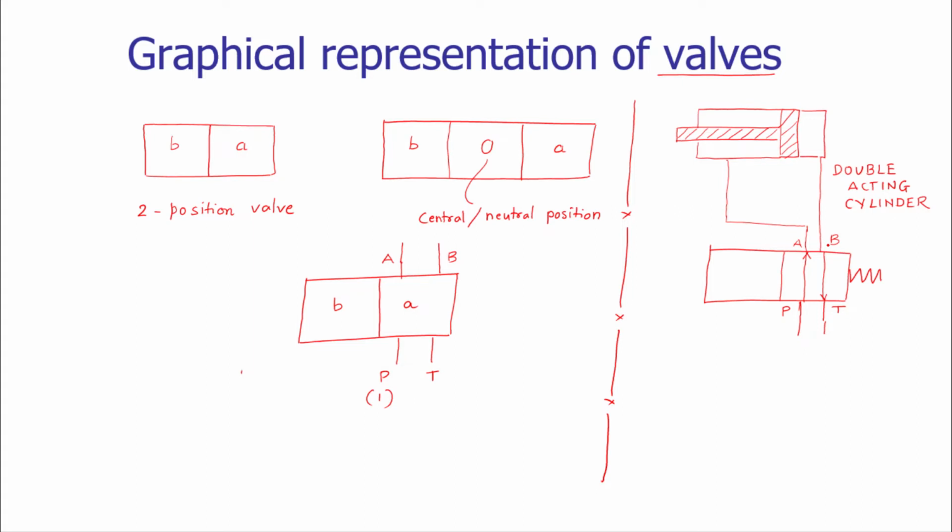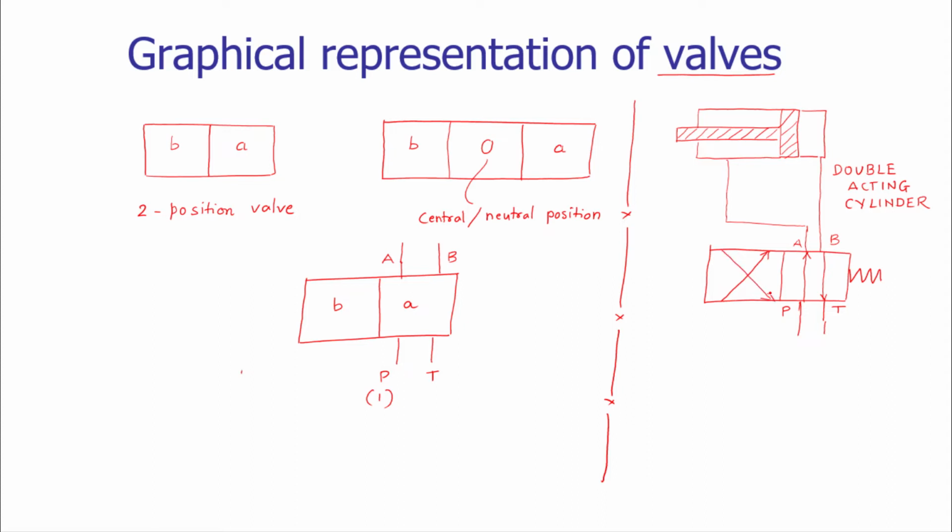Now, as I mentioned, I have to extend the piston cylinder arrangement. I have to extend the cylinder. So for that purpose, I need to provide the pressurized fluid from P to B, and I have to get back pressurized fluid from the rod side to the tank. So the connections are now to be from P to B and A to T. Thus the initial position will now be changed to the next position. So in the next position, P is to be connected to B and A is to be connected to T.